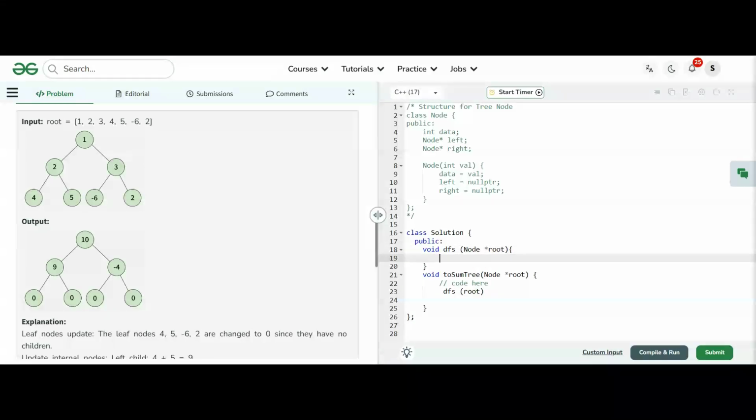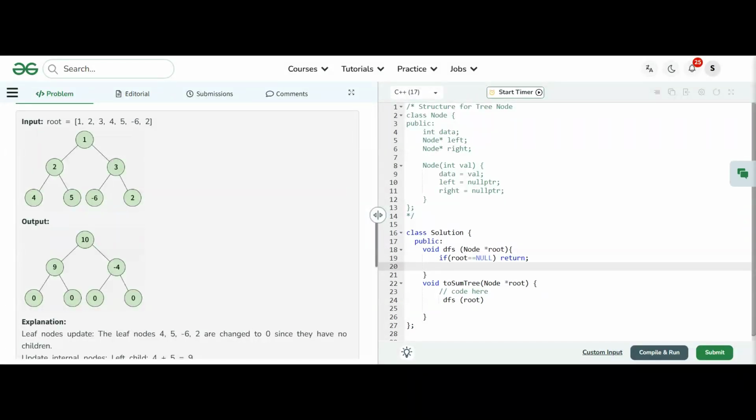Till iteration I will reach up to root equals null. Whenever I reach root null, I should just stop. No, I want my function to return the sum also, because when I am sitting I need a left sum and right sum. So that's why I should return an int, and if I am on null then I can return 0.